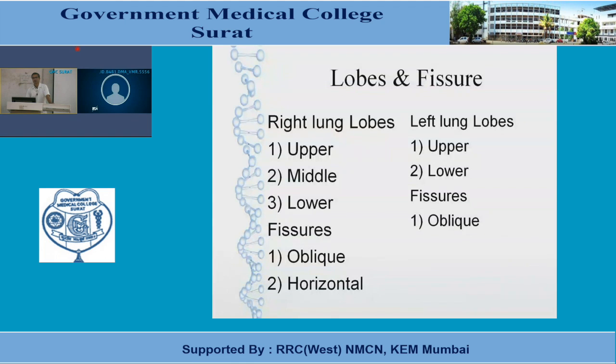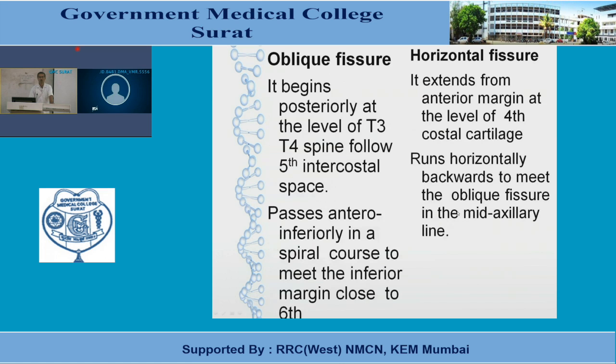In the lungs, in the right lung, upper, middle and lower lobes are present, 3 lobes. Fissures: 2, oblique and horizontal. But in the left lung, upper and lower lobes are present, and only 1 fissure, the oblique fissure. Now the oblique fissure begins posteriorly at the level of the T3 and T4 spine, and